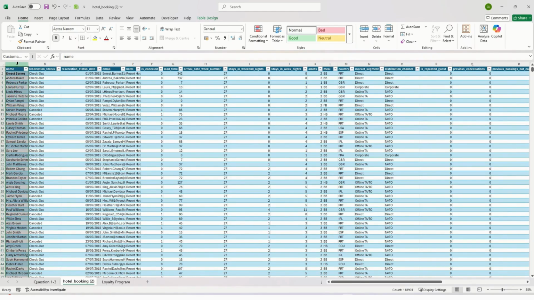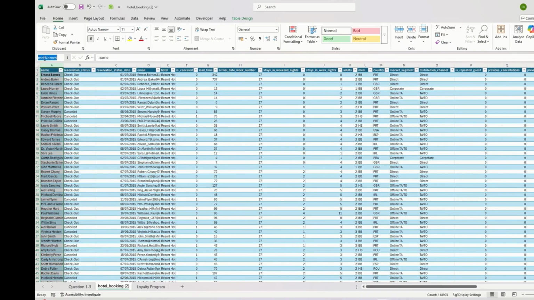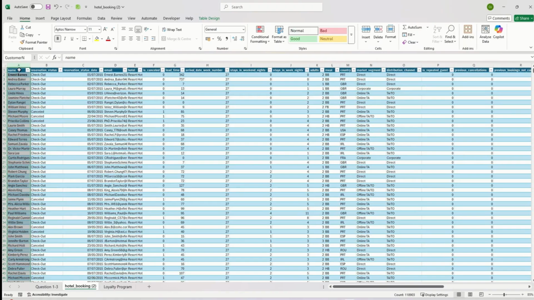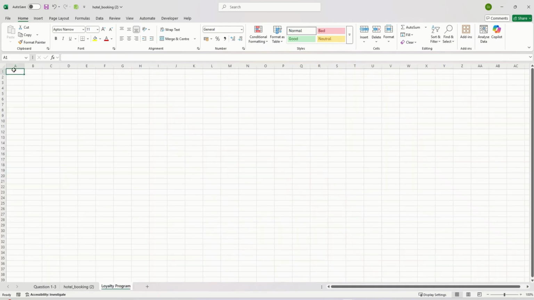So when we select it, you see it changes to customer names, right? So we've renamed the table. You just click here and rename it. So going ahead and changing the names from here, I have titled this one customer name, and this is in reference to column A. So all the names here, I've already put into a table or array, and I call it customer names. Now, when I want to have the same data set here, what I have to do